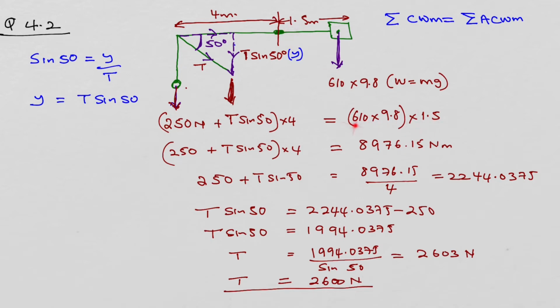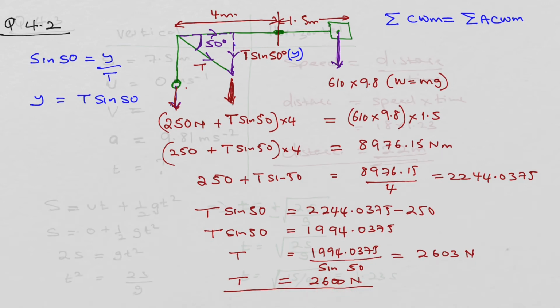And the anticlockwise moment is going in that direction. 4 is a common factor because you're multiplying by 4, so divide both sides by 4. You take the 250 to the other side, and then you're left with T sine 50. Then you divide both sides by sine 50, and then we get T to be